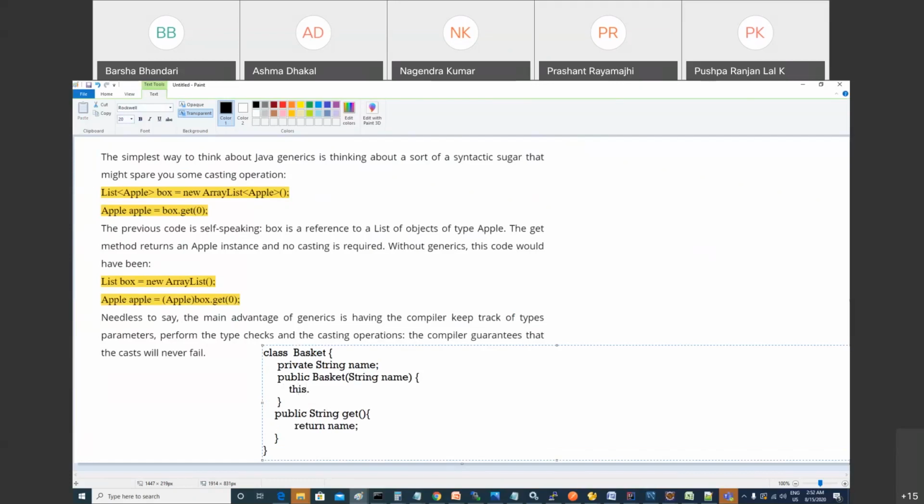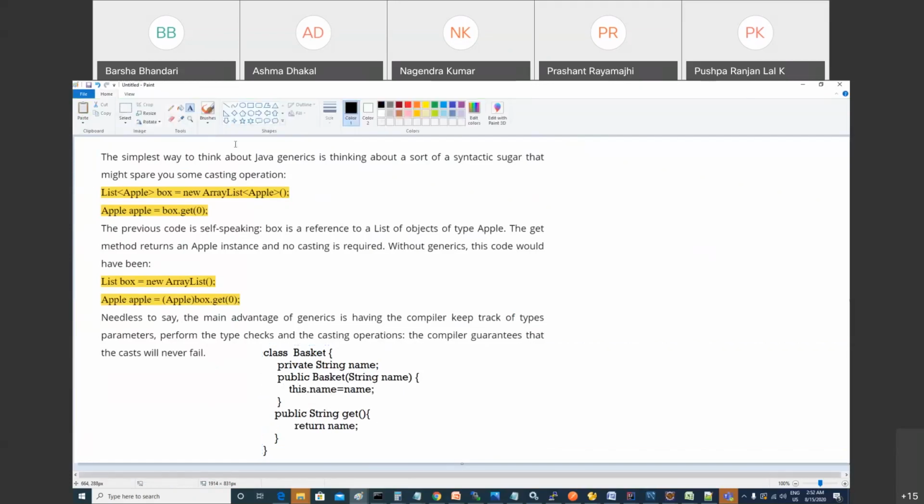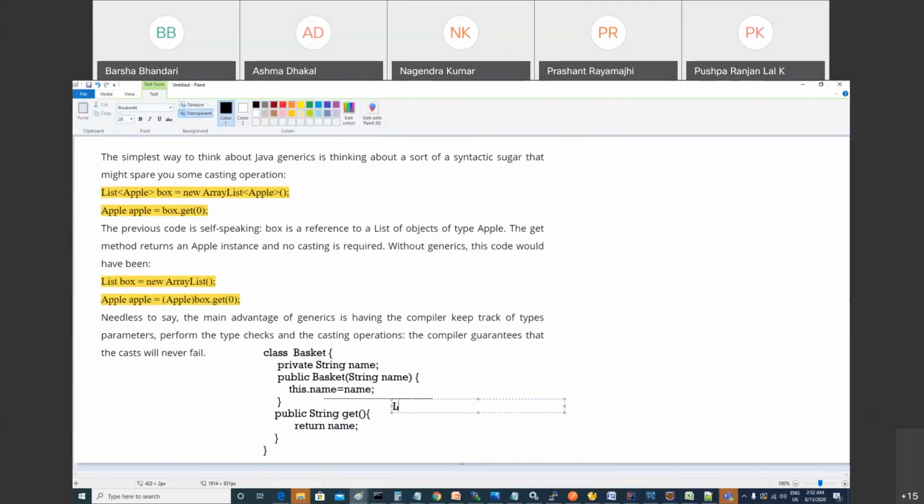You can hold string type of data. In string, we can hold only string kind of data. So is this class able to hold any kind of data, or does it have a limitation? I want to hear from you. It has a limitation: it holds only string type of data.